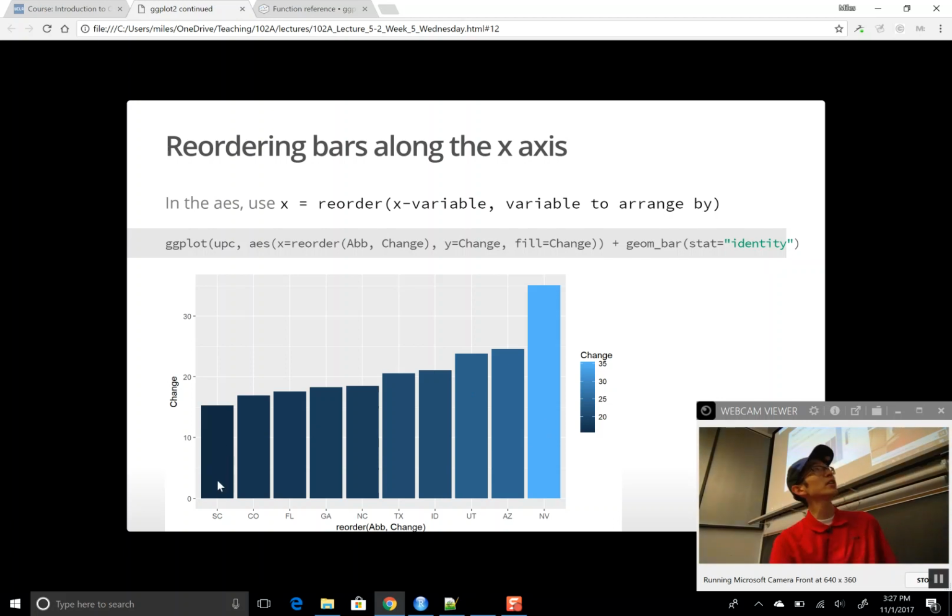So we can see as the change increases and goes up, the shade also goes from dark to light, and the transition would be smoother, but there's quite a big jump between 25-ish to 35, and so the jump in shading is also quite significant. If we wanted to,